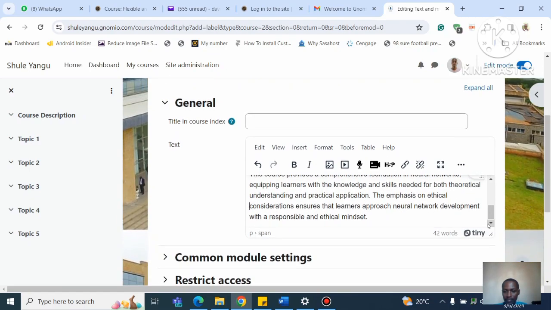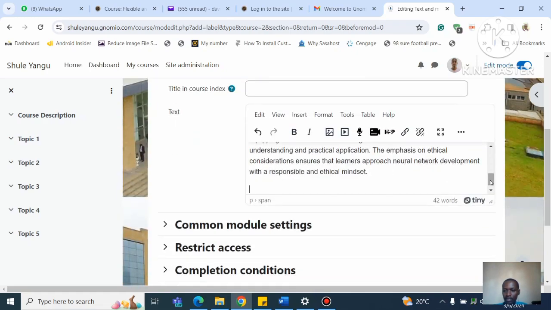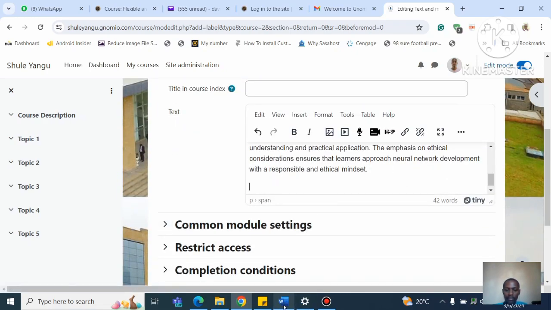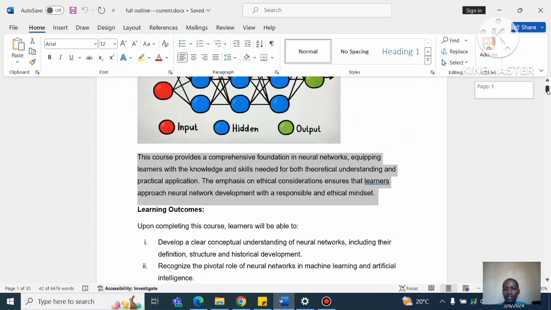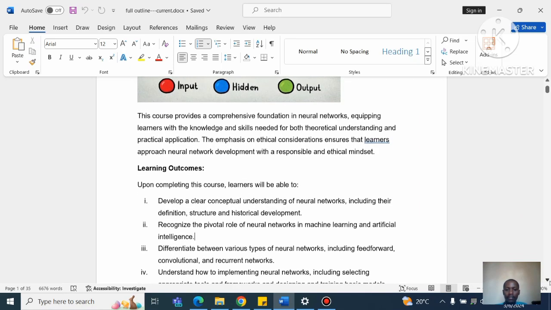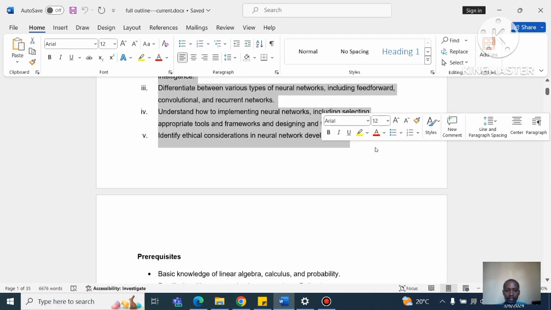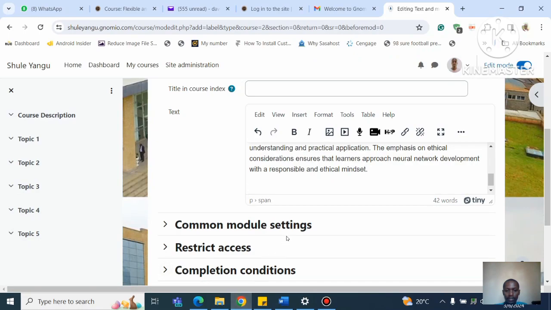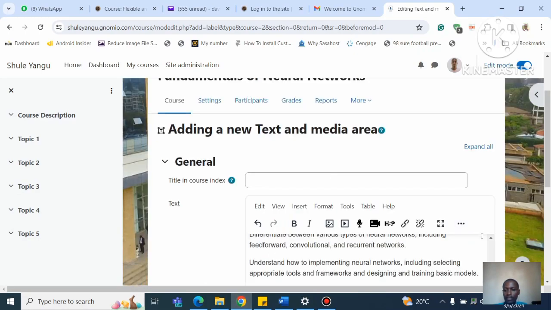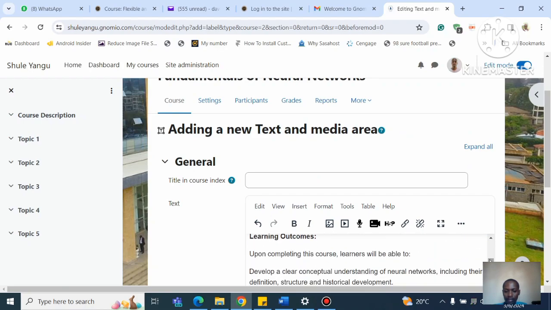The description, but for my case, not to make the video take a longer time, I just copy the content of the course description. But the course description can say what the course is all about, the learning outcomes that are expected from the course. I have them here. We have about 5 learning outcomes expected from the course. It's good for the student or the learner to know what you benefit from this course. Upon completion of this course, the learners will be able to